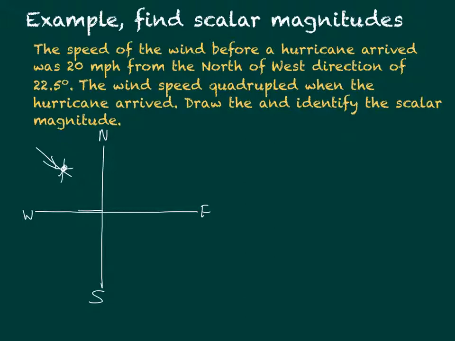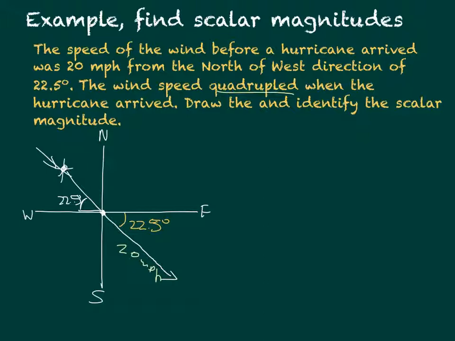So the wind is blowing this direction. So my vector is going to start at my origin, and that would be right there, 22.5 degrees. So that means that we have this vector right here. And if we remember back to geometry, that makes this angle, vertical angles, 22.5 degrees. All right, and so that would be down in the south of east direction is where it's actually going to be going. Now we want to find our magnitude. So we know that it's 20 miles per hour, but it's going to quadruple